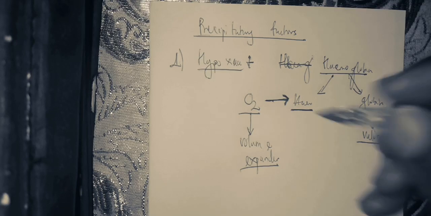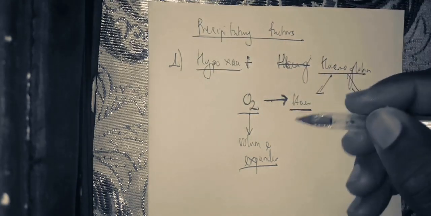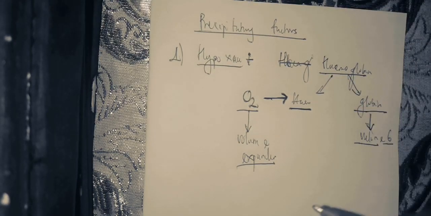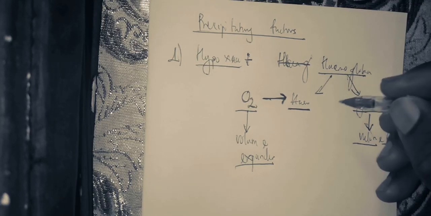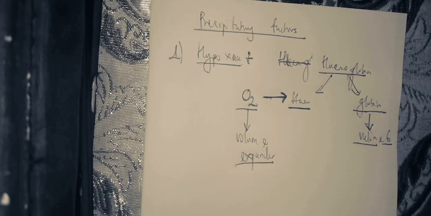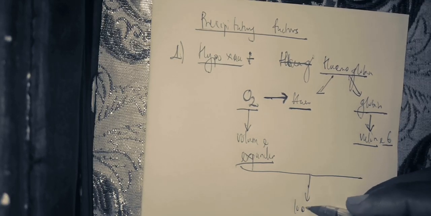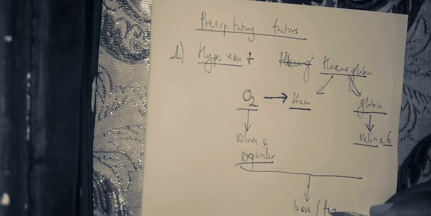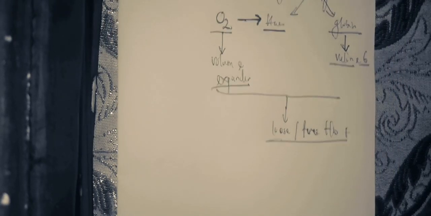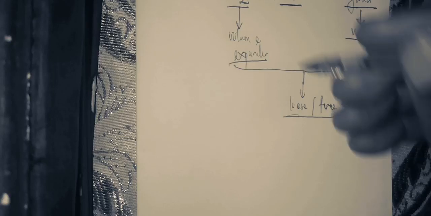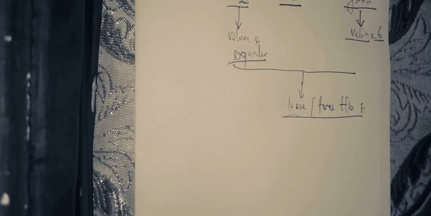So when there is absorption of oxygen, since oxygen is a volume expander, it is going to make the hemoglobin increase in size and become free and loose. So every time there is oxygen, there is going to be loose, free hemoglobin. Is it clear? But now in the case of hypoxia,